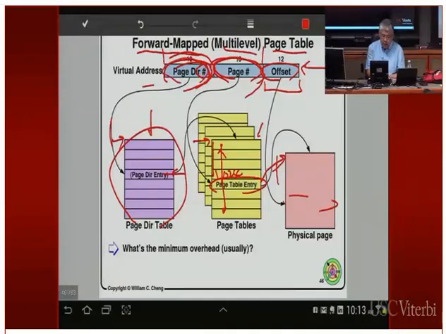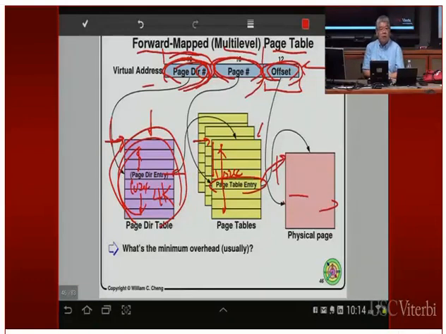The number of entries here is again 2 to the 10, so there are 1024 entries, each 4 bytes long. So this whole thing is 4 kilobytes. It's not a surprise that it fits exactly into one page. One of these page tables fits exactly into one physical page, so you would like this page table to be page aligned, and the entire page directory table fits into one physical page of 4 kilobytes.